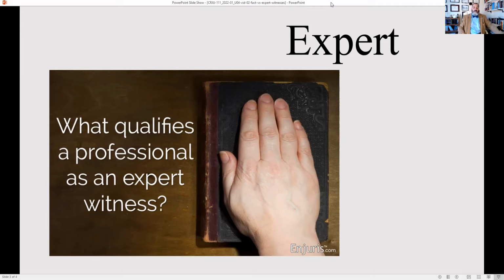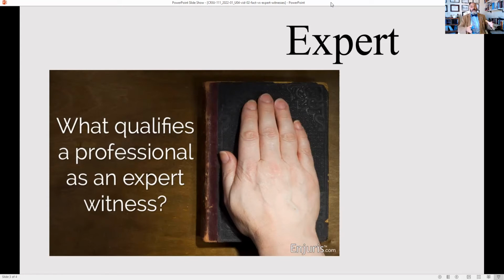The same thing happens with expert witnesses. An expert witness will be voir dired. They will be asked a lot of questions about their expertise to determine if they have that specific expertise. Now, you don't have to remember this, but the Daubert rule is the rule for whether testimony is expert testimony or not. We're not going to go over that in this particular video. But expert witnesses have to be voir dired. They have to be asked questions to qualify them.